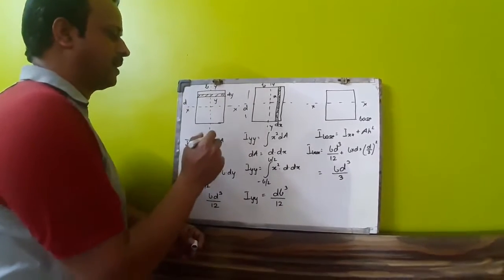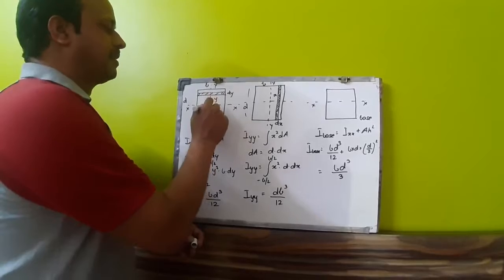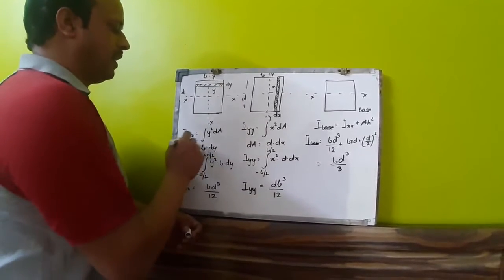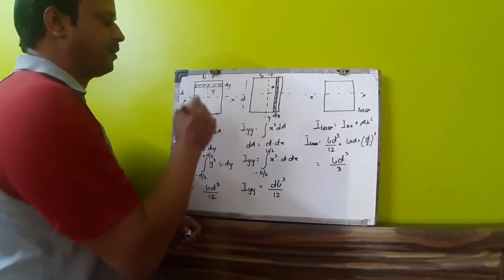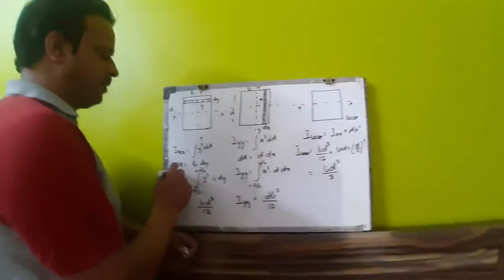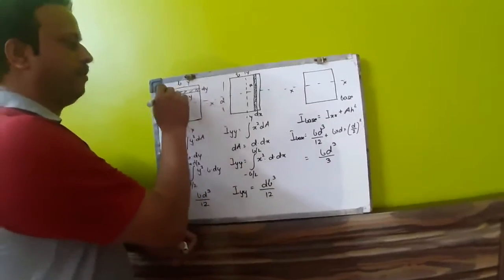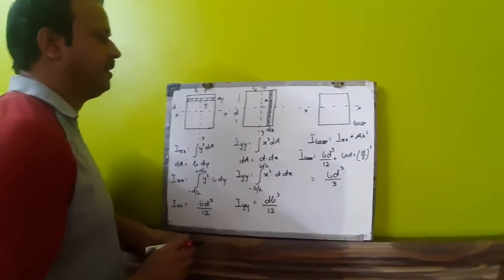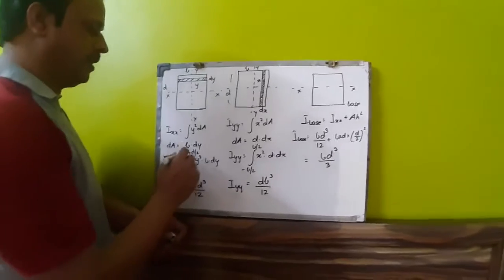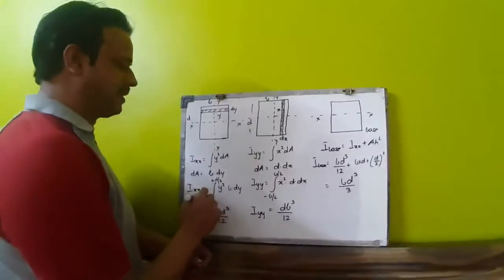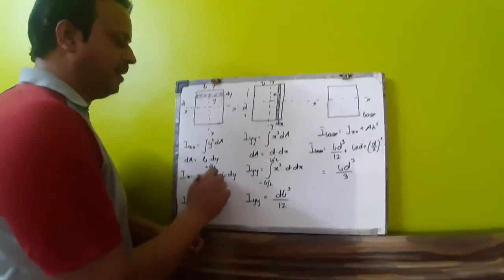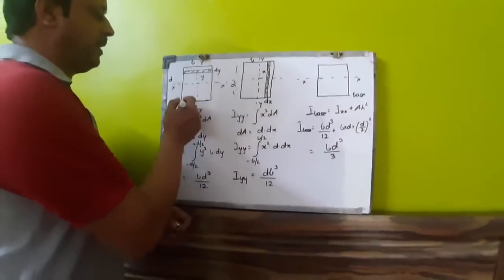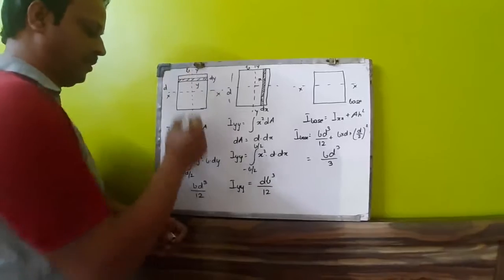This has been located. So from the x-x axis, let us take an element at a distance y having a thickness dy. So Ixx is given by integral y square dA. So dA now is equal to b into dy, the elemental area of the elemental strip. So this is b into dy. So Ixx becomes equal to integral y square b dy, put down the values, and the element exists from minus d by 2 to plus d by 2.